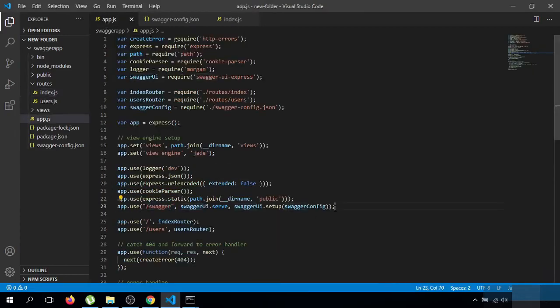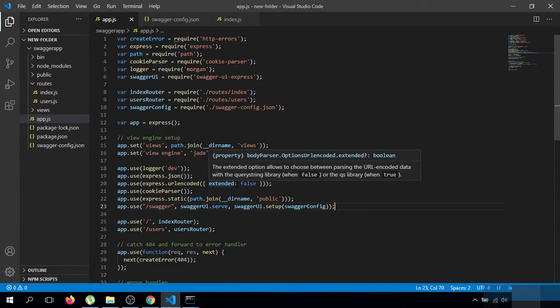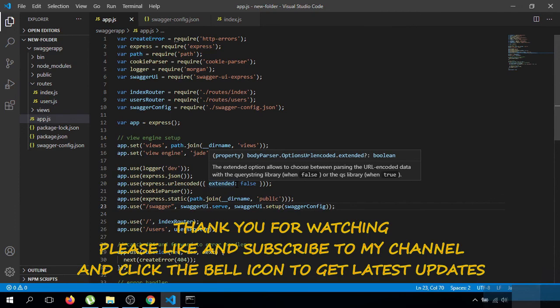You can add a multiple route for your Swagger. So guys, this is a step we need to follow if we have to integrate a Swagger in our Node.js based application. I'm not configuring my database in this example. You can configure your database and implement appropriate or whatever suits to you with your database connection.